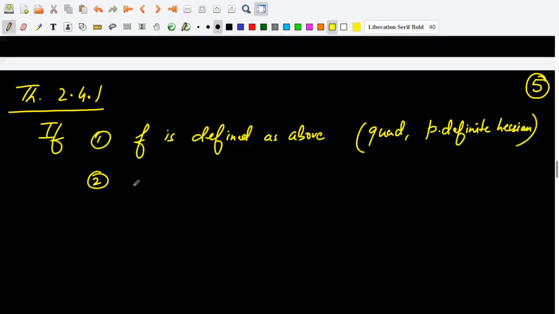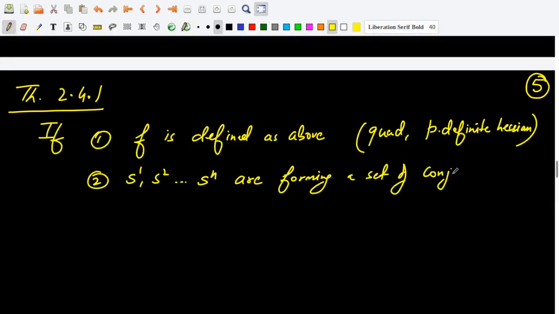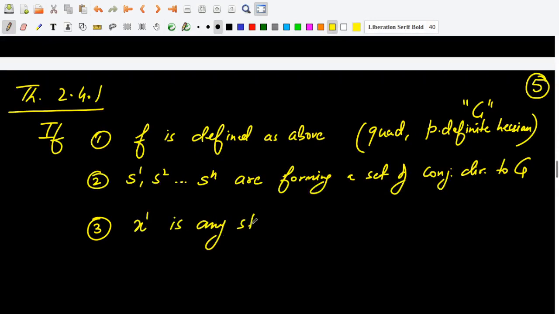Number 2, S1, S2, up to Sn are forming a set of conjugate directions to G, and recall G is the positive definite Hessian. So if these two conditions are true, and if x1 is any starting point in Rn,